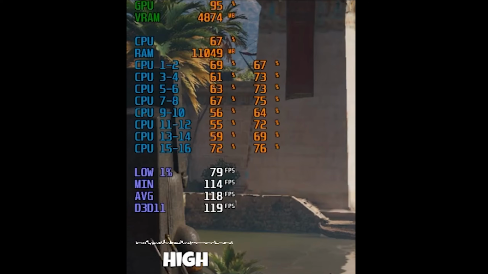Like how much time is from one frame to the next one. And the high below the frame time graph just means what setting I'm using, like whether it's low, high, very low, that kind of stuff. It's something I added myself just so you know exactly what setting I'm showing to you. Now that that's out of the way, let's actually go to the first comparison, which is going to be